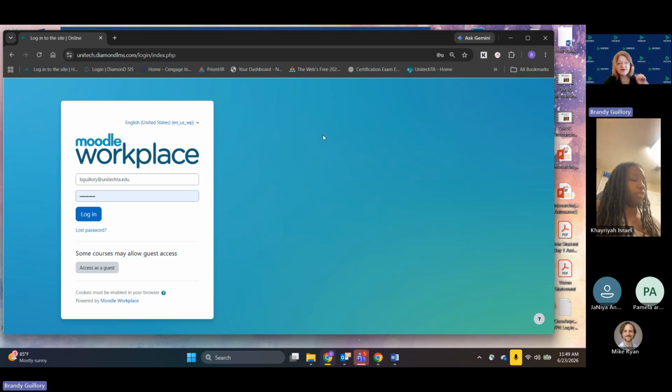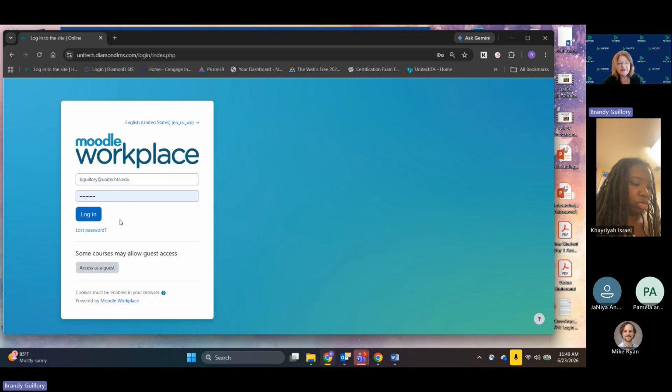It says from HQ admin, and it's got your login credentials for Moodle in there with a temporary password. Here is a pro tip. Copy and paste those credentials. Don't try to write them down and type them out or anything like that. Copy and paste. I don't know why it works better, but it just seems to. We seem to get more errors when we try to type it out ourselves for whatever reason. And use that same pro tip when you go to do your Microsoft credentials as well.